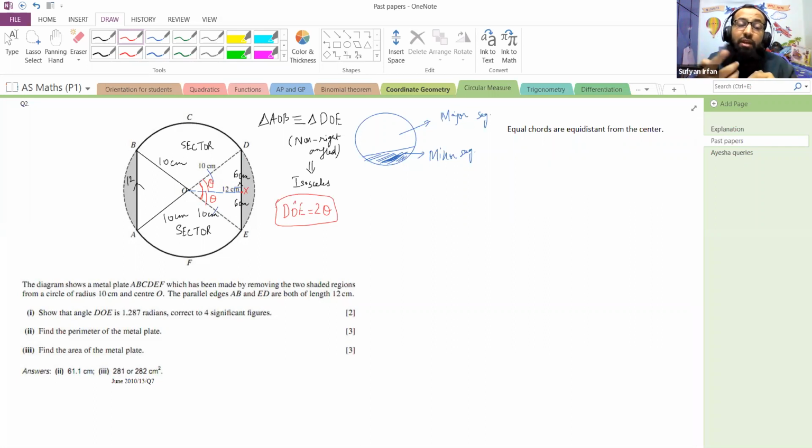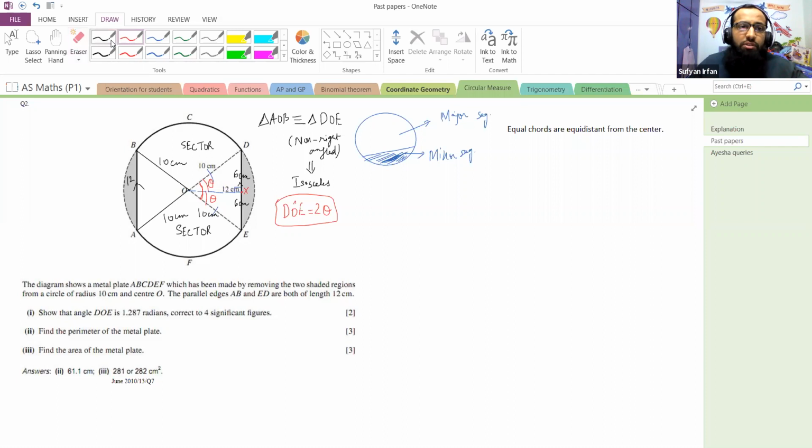However, if we are not preferring the cosine rule because, let's suppose in examination we do not remember it, then we can consider it an isosceles triangle, because it is basically an isosceles triangle. Because of that, we can draw a perpendicular, convert it into two right angles, find the half angle first and then multiply by 2.